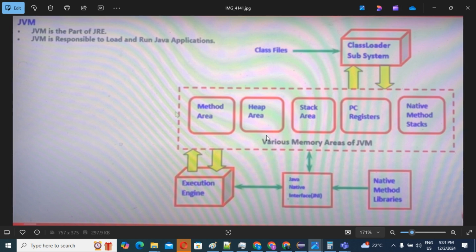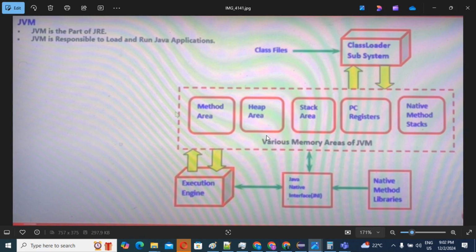So inside the JVM we have various types of memory areas: method area, heap area, stack area, PC register and native method stack. In the method area we are going to store our .class file.